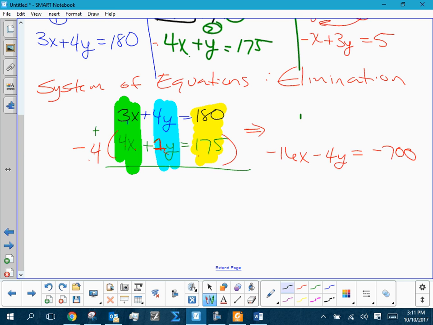Okay. The number one mistake that people make is they multiply the -4 by the 4x and by the 1y, but they leave this as 175. So make sure you don't do it. Make sure you multiply everything by that -4. The top equation, then, doesn't change at all. So I'm just going to rewrite 3x plus 4y equals 180. Okay. Now